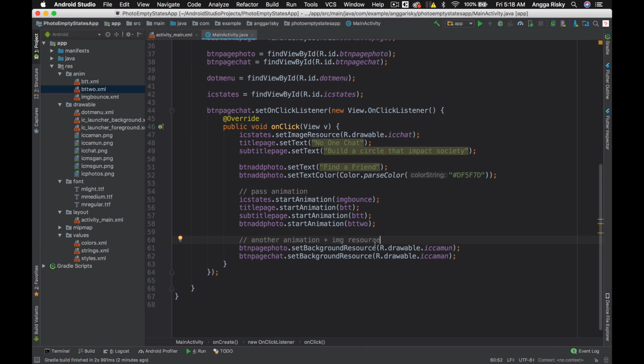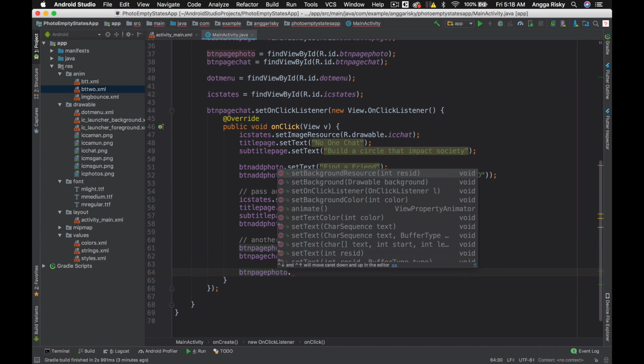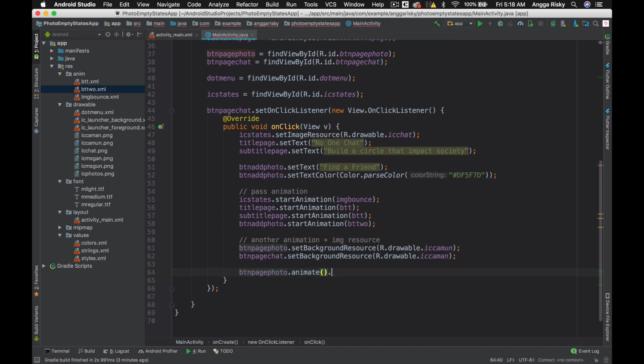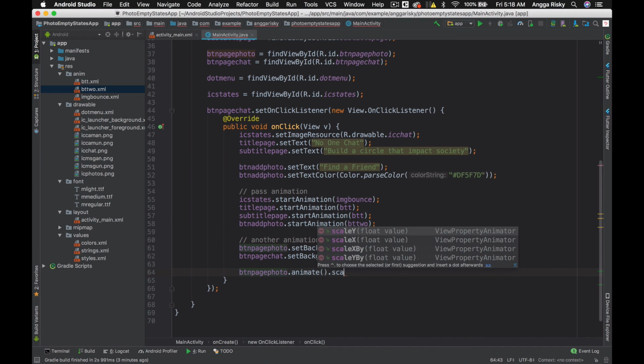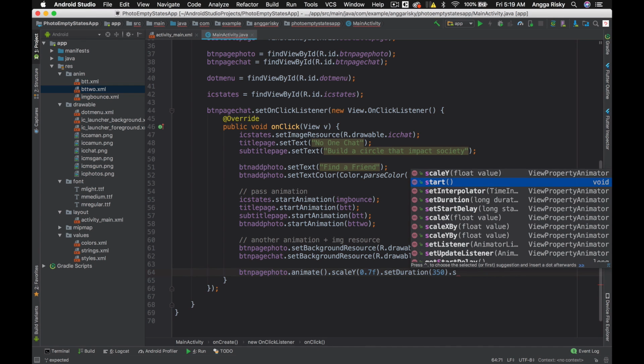Okay, and then we have to give the animation for the button page photo, animate, and then scale it to 0 like this, and then set start duration maybe just fast enough, and then start it.